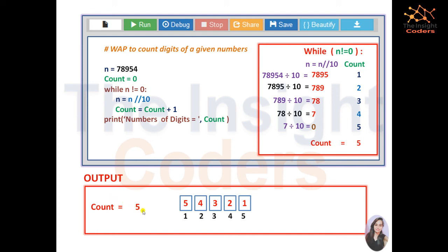So this was all about counting the digits of a given number. Actually we did this program because it has various applications. Like we have to add the given digits of a number, like we have to find the reverse of a number, we have to find the palindrome of the number, and these are very much used in competitive programming. So for that you must know how to count the digits of a number. So in the next video of the series, we'll study about how to add these digits.